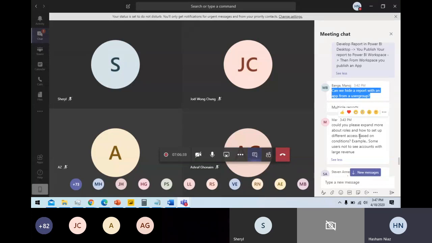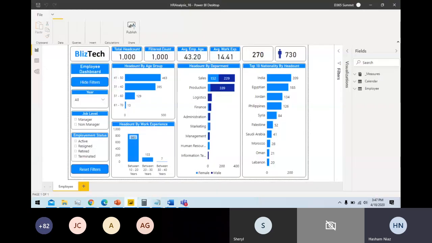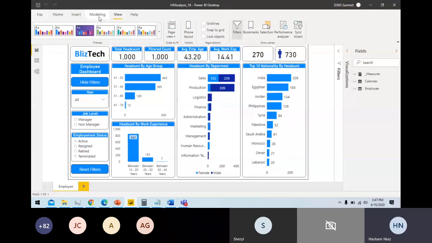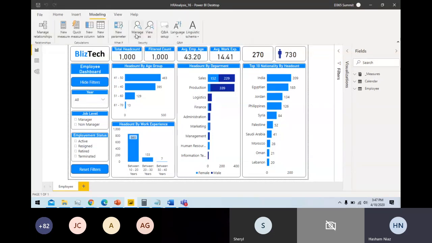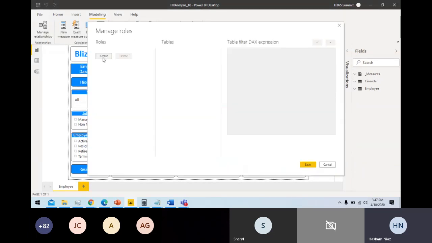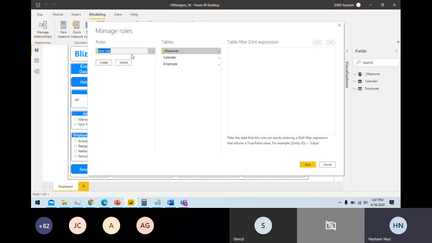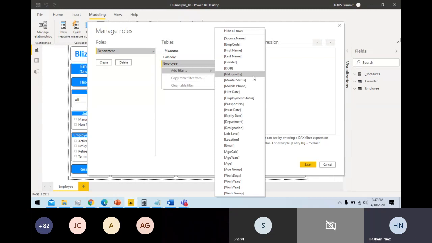Can you please expand more about roles and how to set up different access? So a role is based on security. You can actually assign the securities through user groups. If I go back to my Power BI Desktop file and view, in the modeling, I can create different roles here. I can create a role based on permission, like what I want to see. So I can create a role called department. And then I create a filter based on department as well.